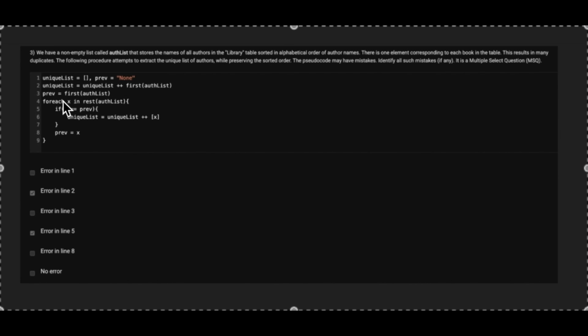And the next is line 3, the previous marker. Here we set prev to the first author's name. This is correct because we need a starting point to compare the next names against. Okay. Now at line 4, the iterator, now we start our loop and we are looking at the rest of the author list,